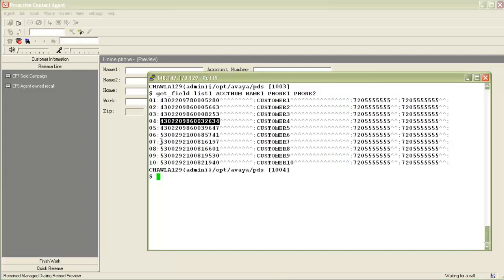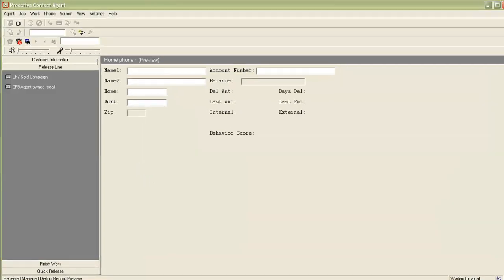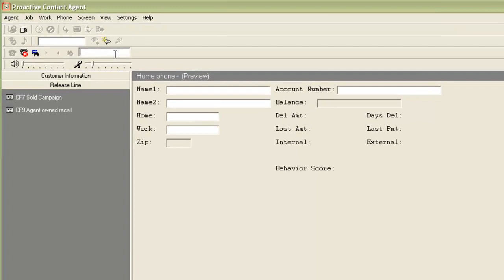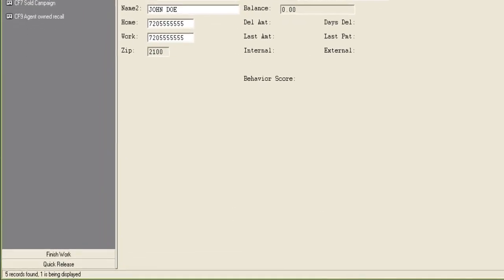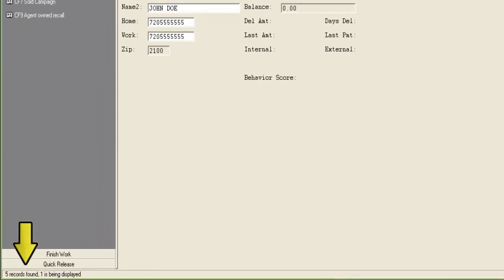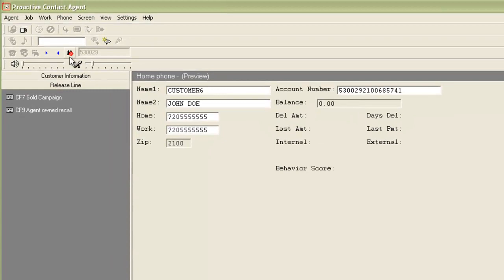Now let's say I want to search on all records which start with, let's say, 530029, and you can see there are 5 such records in my list. So if I search on this, that is only 530029, and I click on the find button, you will see that it has returned 5 records, and the first out of those 5 is being displayed on the screen. I can click on these next and previous buttons to move on to the next and previous searched records. So basically, using the LIS method, the search can return more than one records matching that string.